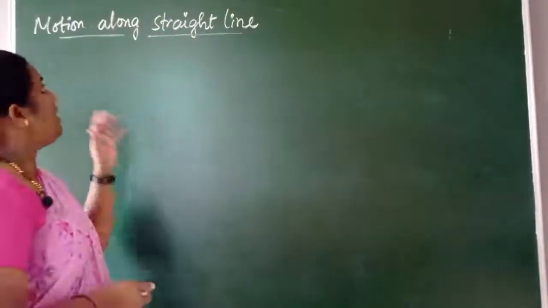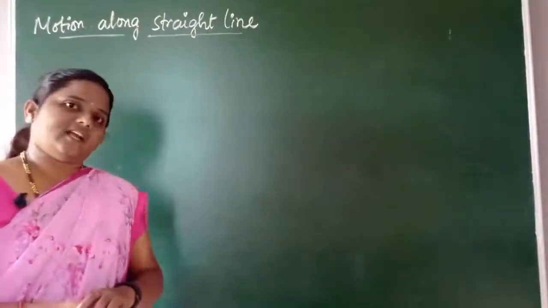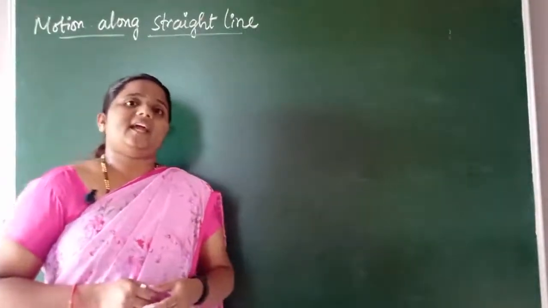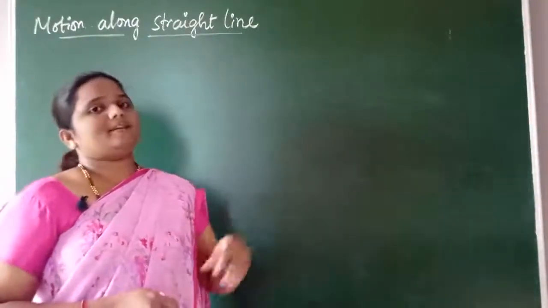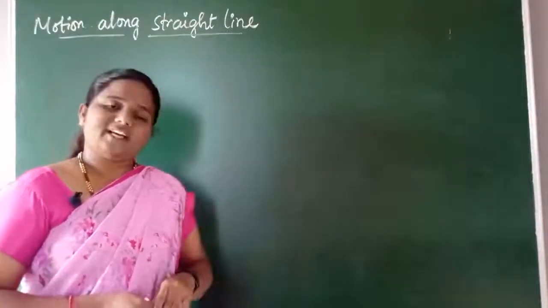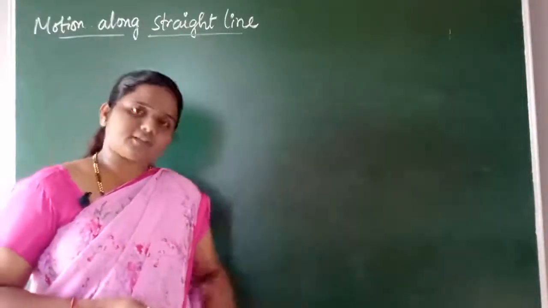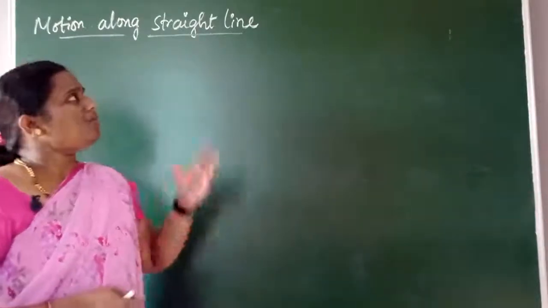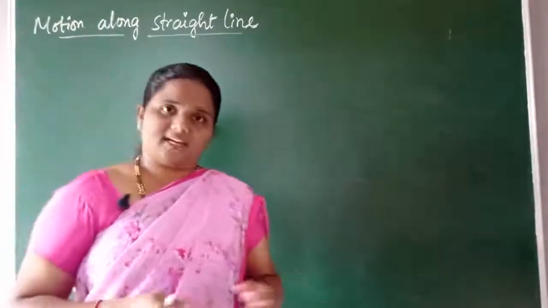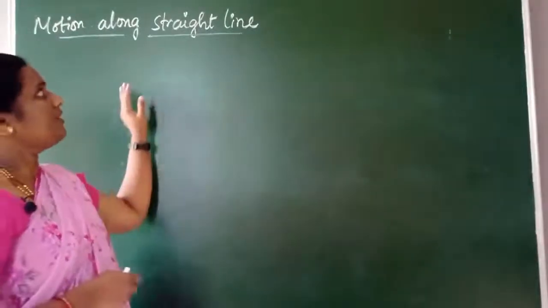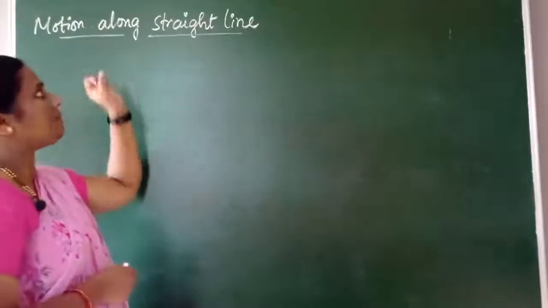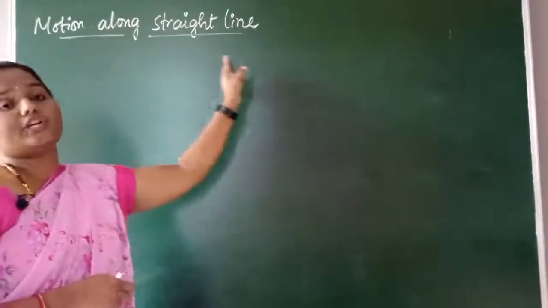Children, motion along a straight line. As I already told, motion can take any pattern. It might move in a straight line, it can take a circular path, it can be oscillatory. Like that, motion can take different patterns. In this chapter, we are studying the simplest pattern or path, children, that is motion along a